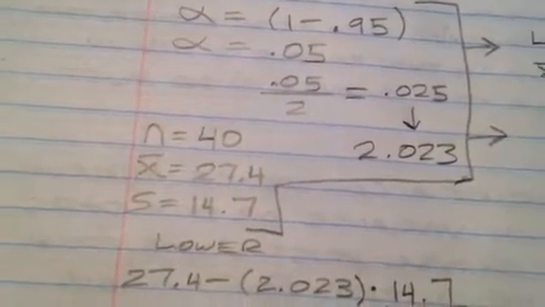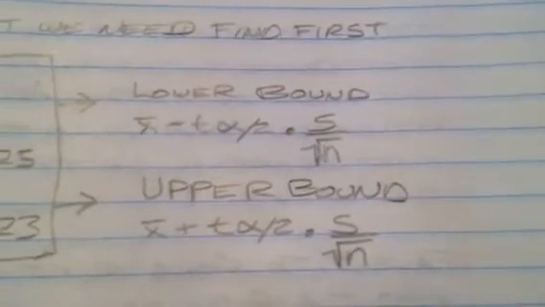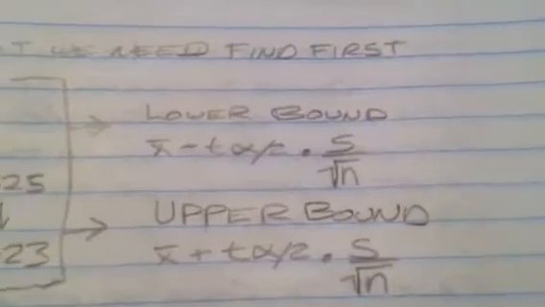Oh, so it is. So now I've also taken the numbers out of the equation for us to make it easier. So n is 40, the mean is 27.4, the standard deviation is 14.7. We simply plug these values into the lower and upper bounds. If you look closely, the only difference in the equations is the minus for the lower bound and the plus for the upper bound. So let's go ahead and plug in these values here, and for the lower bound we get